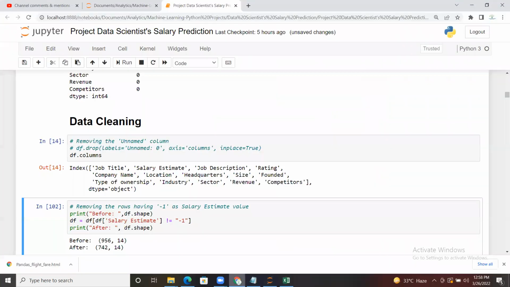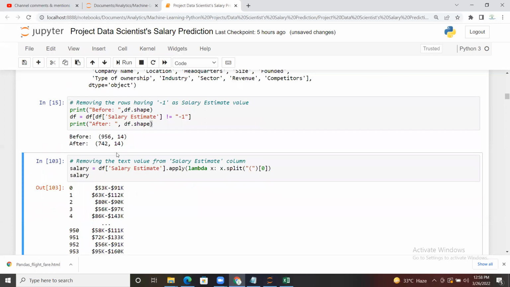So what we are going to do is handle it. We are going to check how many rows there are where the salary estimate column is not equal to -1. Before checking this we check the shape, and after that we check the shape again. We see that there are a total of 956 records, and out of 956, 742 have a value which is not equal to -1 in salary estimate. The rest may have different values. So this is the observation. Now what we can do,